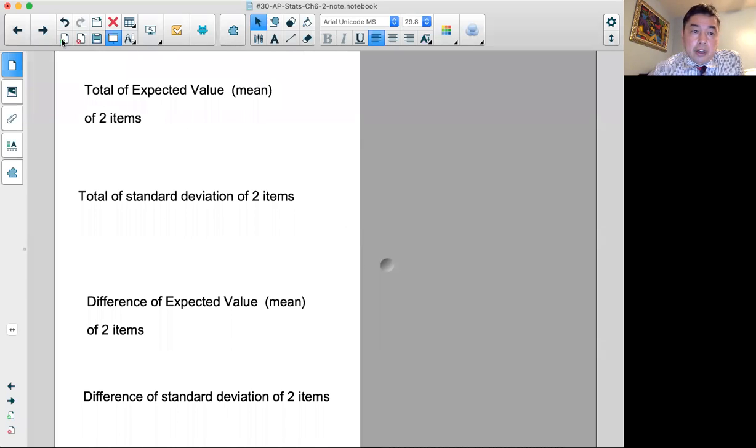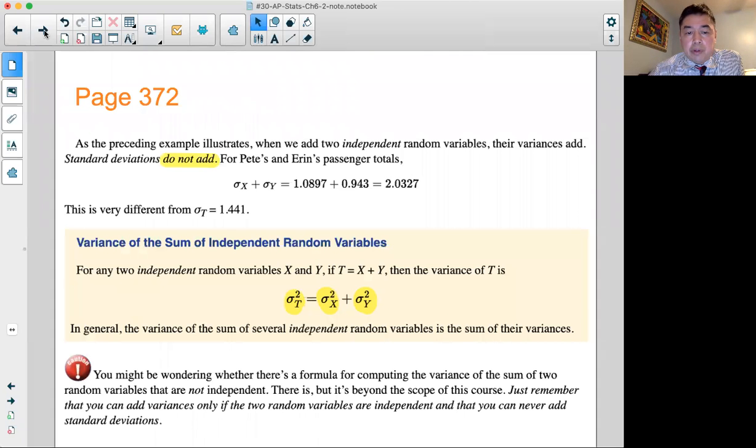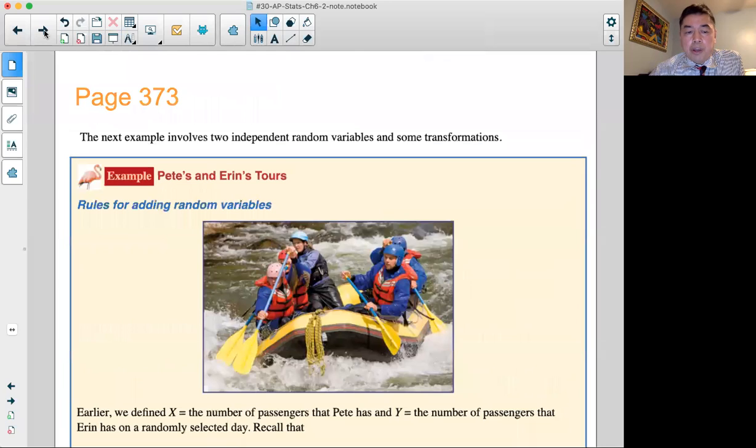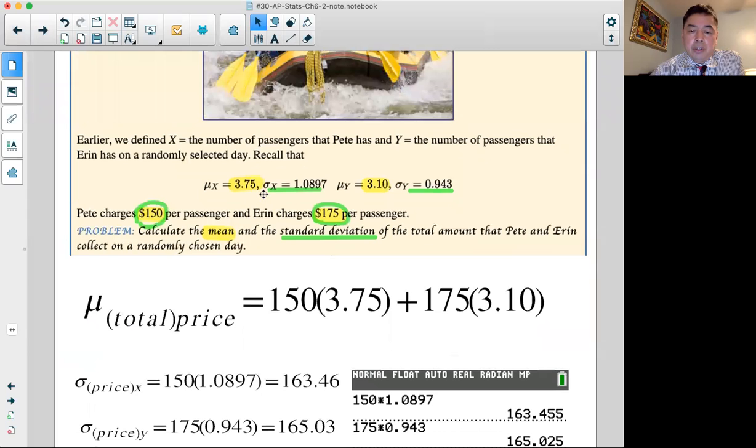Hi, this is AP Stats Asynchronous Work, and let me open this assignment 30, chapter 6-2. There's one leftover question. We have been working on Pete's and Erin's Safari Tours, and